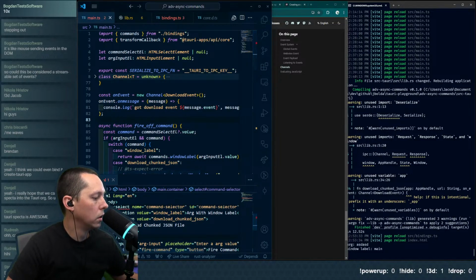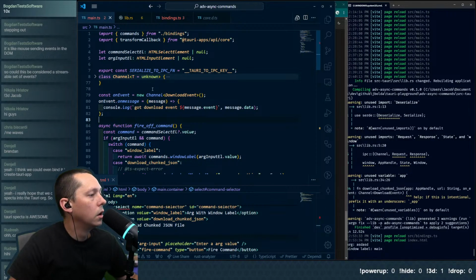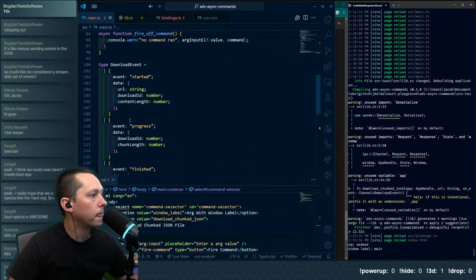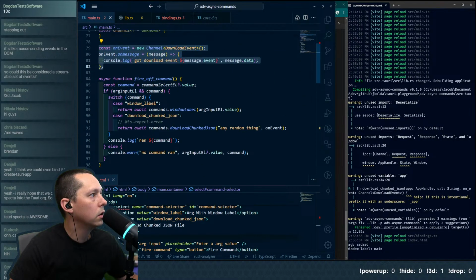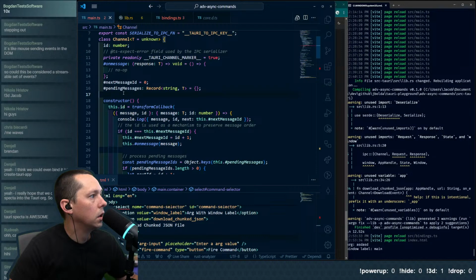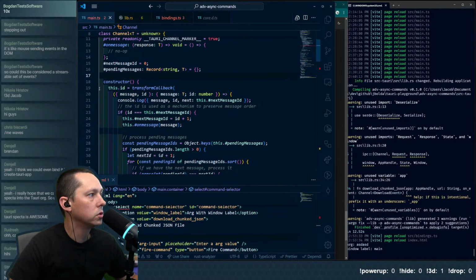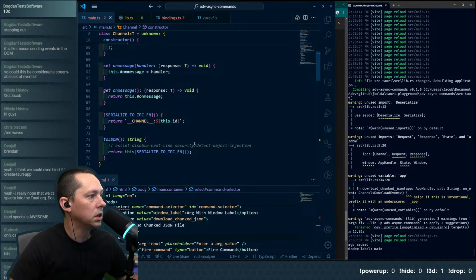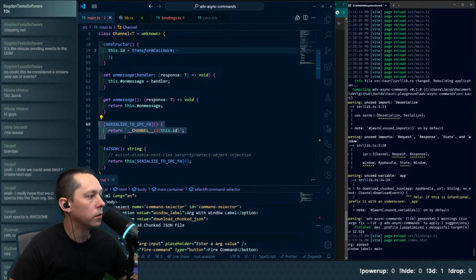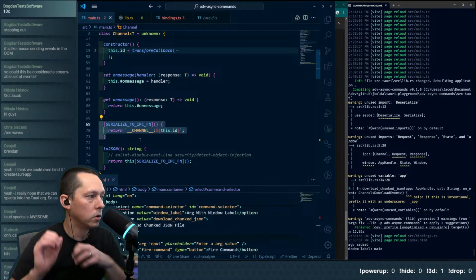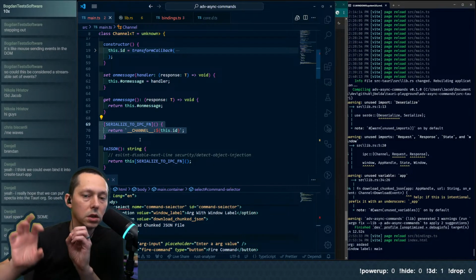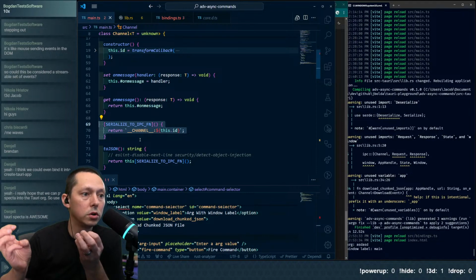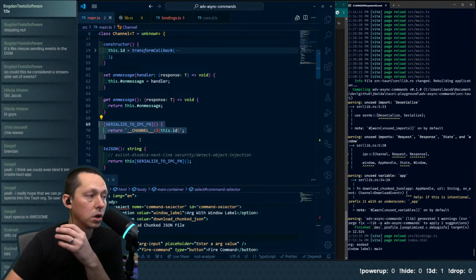So the bit that we customized with channel, we pulled it in. We're still defining it in this way. And where is it? Minimized. We were playing around with this constructor. So this constructor defines a this.id, and it's using the ID and this serialization function to basically do the wiring between the Rust side of things and the JavaScript side of things, and know which callback to actually call.